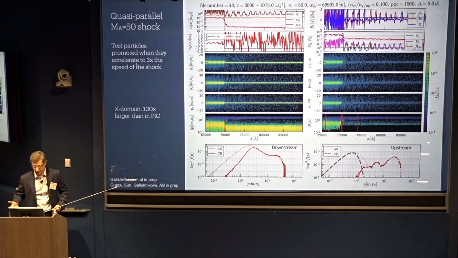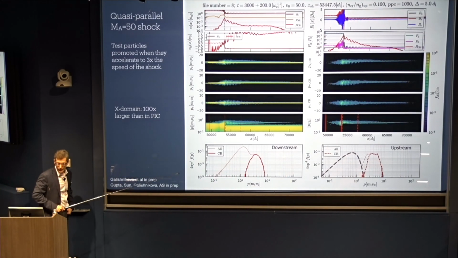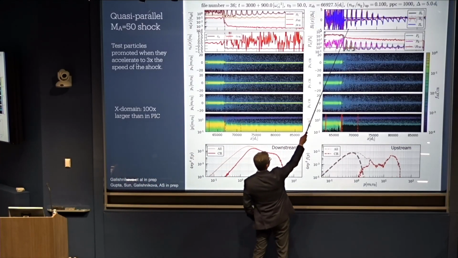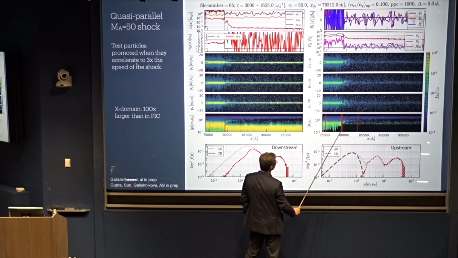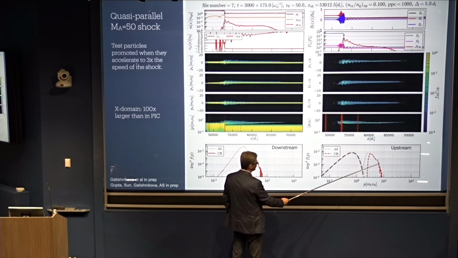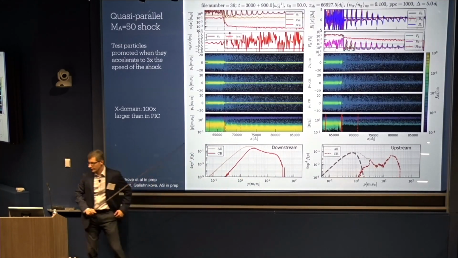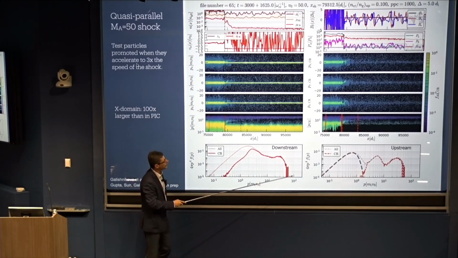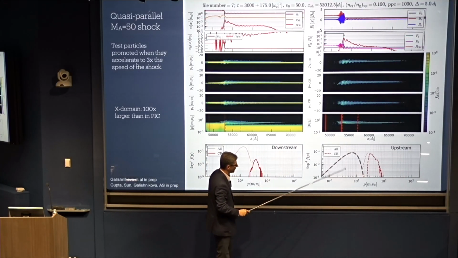But does it do any kind of feedback? So this is a simulation in 1D for a Mach 50 shock. What's shown here is the magnetic structures in front of the shock. This is the phase space, so you see x-p_x. And here you can see the spectrum in front of the shock. And this is the spectrum behind the shock, between these two red lines. So what you see is that DSA starts to work. You start to develop a downstream power-law tail. And also these SLAMS start to develop. And when these SLAMS develop, they start trapping some of the particles.